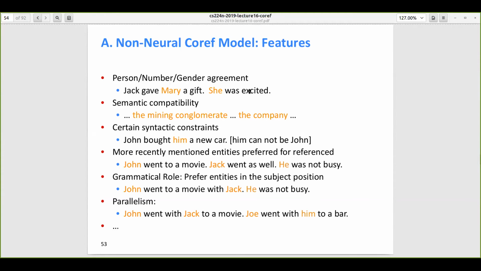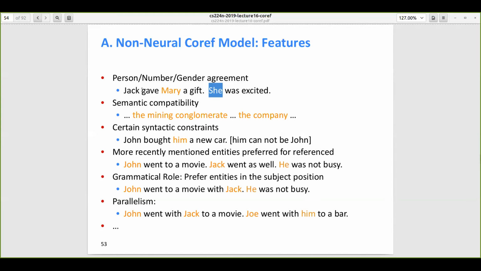She was excited. Now, we know that whenever we have two names here, Jack and Mary, and then the pronoun she, from the English grammar rules, we know that she can only refer to a female but not a male. So this could be one rule where we say that she is referring to Mary but not to